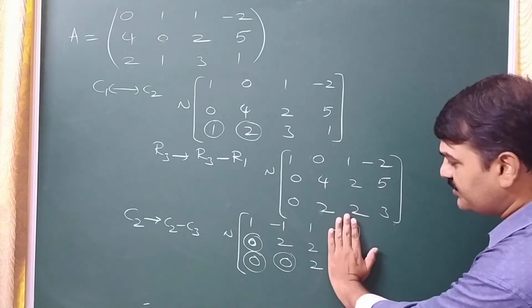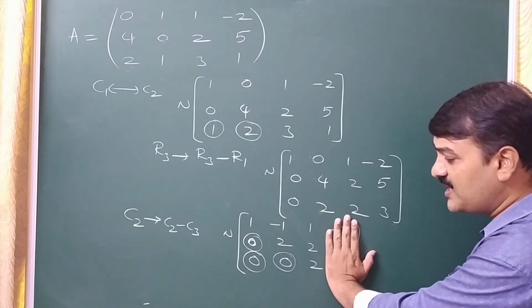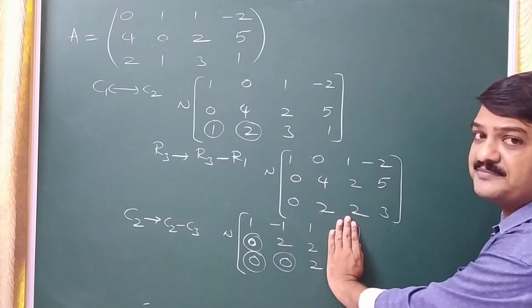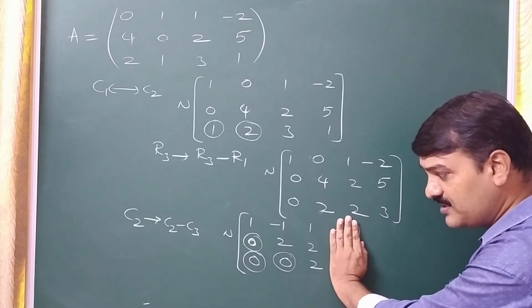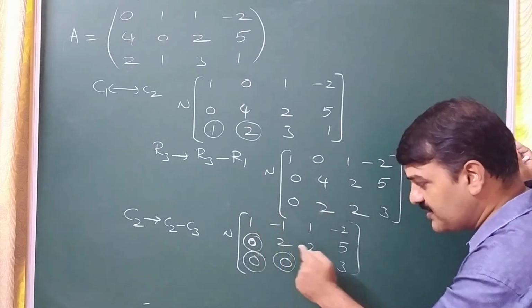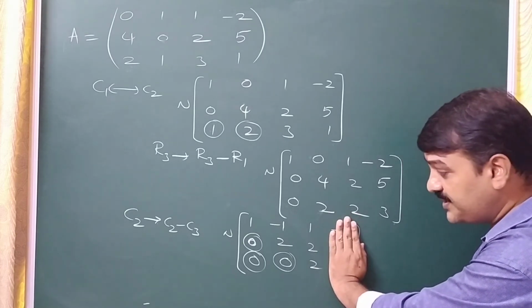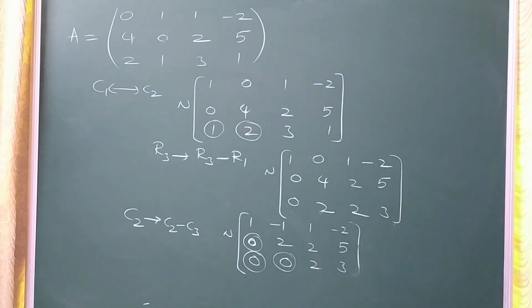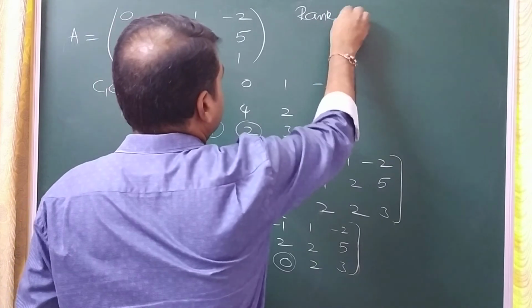Now, just remove this column and see. If I remove this column, I will clearly get an upper triangular matrix, therefore I am removing this only. By removing this column, you can see you get an upper triangular matrix, and the determinant is the product of the diagonal elements. So clearly this is a 3 by 3 submatrix for which the determinant is not 0. Therefore, the rank is definitely going to be 3.